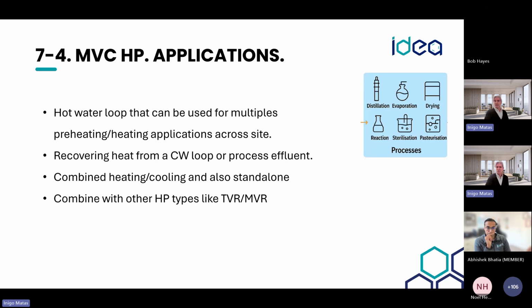They provide this combined heating and cooling. So not only are they giving us the heating, we also don't need to use the cooling tower or a fin fan, whatever we're using to remove the heat. Sometimes they can act as well as standalone heating systems, where no process integration is required, when we're using the air or a body of water. And it helps to electrify the heat demand in a site.